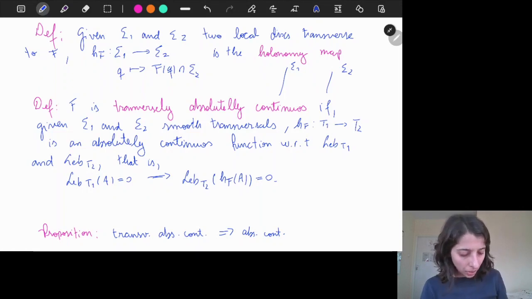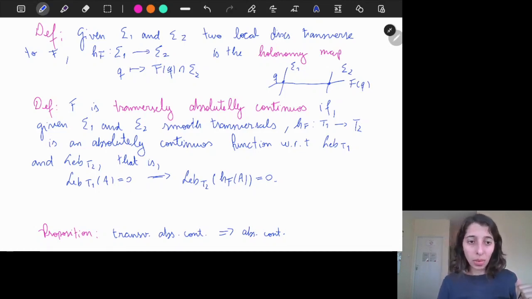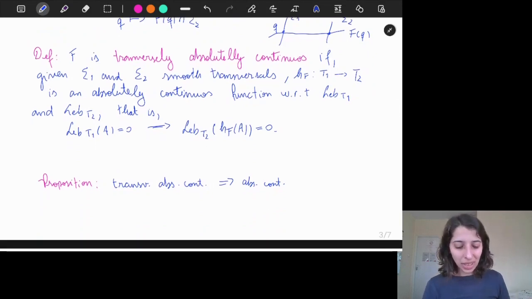And then to each point here on sigma 1, we associate the point on sigma 2 that is the intersection of the leaf that passes through the point with the local disk sigma 2. This is the holonomy map. And then the stronger version of absolute continuity is the following. We say that F is transversely absolutely continuous if, given two smooth transversals, so that we can define the Lebesgue measure on them,